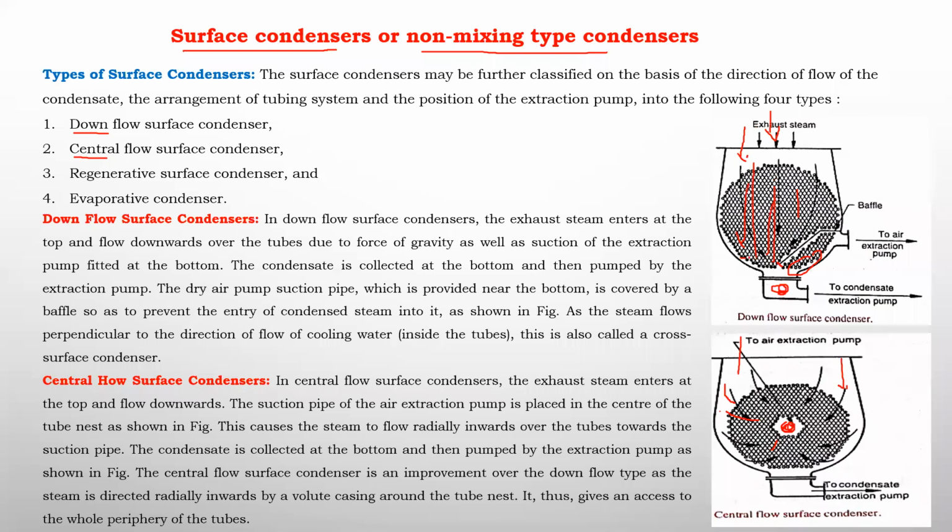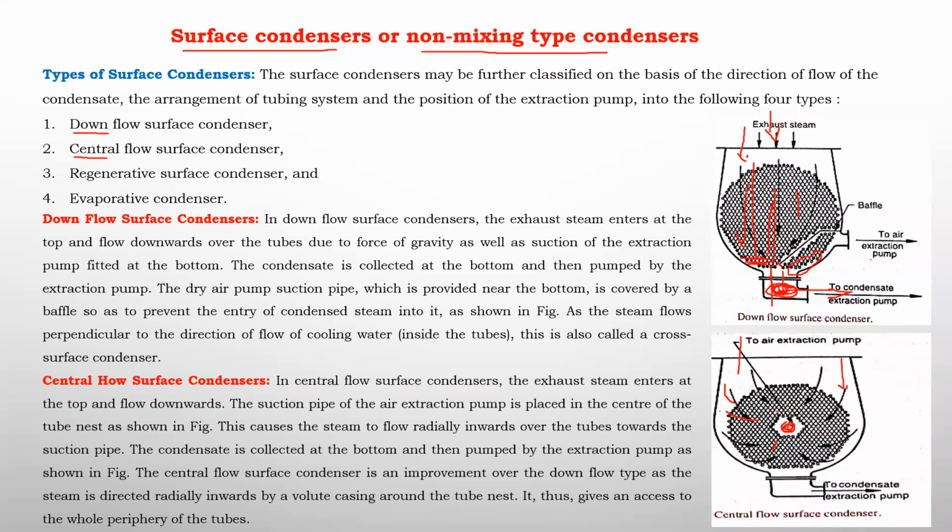Before the steam reaches this position, it will be converted into liquid. Liquid has higher density compared with air, 1,000 times greater density. Because of the higher density, once it reaches this portion, it automatically falls downwards. This is nothing but the condensate. In this case, the cooling water is not mixed with the exhaust steam. The cooling water will be circulated within the pipelines. That's why the condensate will be collected here, and the condensate will be sent to the boiler.